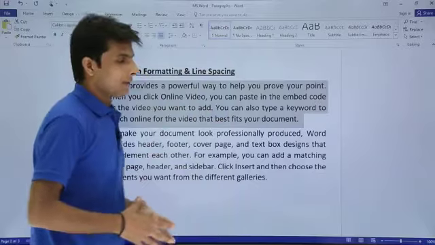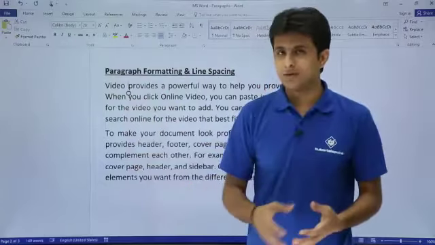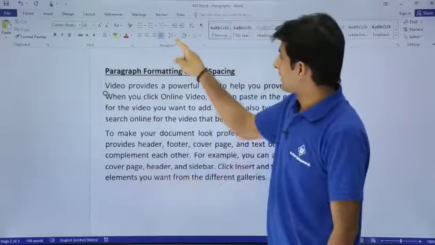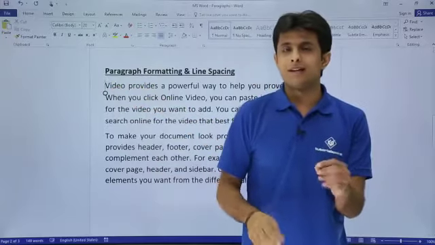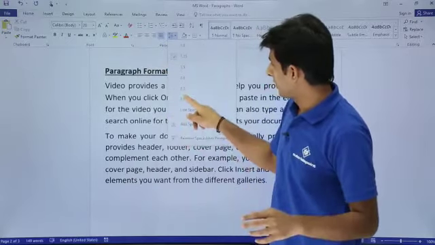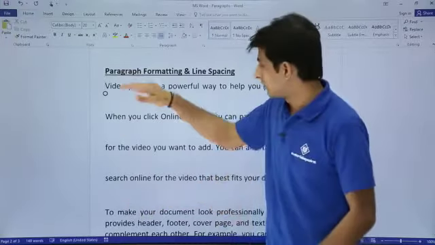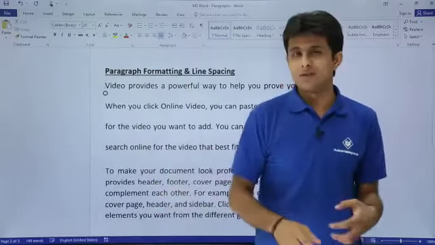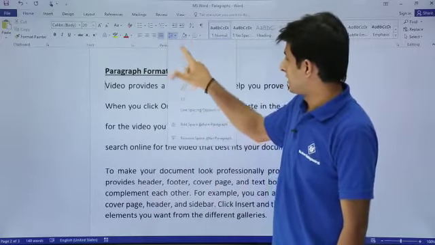So, this is how we can work. But now the next one: if you want to give some line spacing between 2 lines in a paragraph, I can just keep my cursor at any place and it will automatically apply to that paragraph. I will select the option line spacing. If I select 1.5, the line spacing between the line where my cursor is and the next line is 1.5. If I select 3, you observe that the line spacing for the entire paragraph has become 3. I can reduce it to 2. You do not have to press enter every time to do it. I will say I do not want line spacing, I want just normal, that is 1.